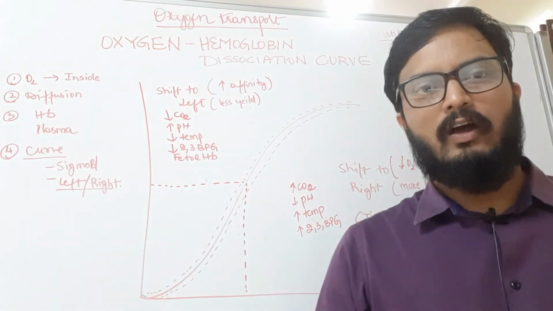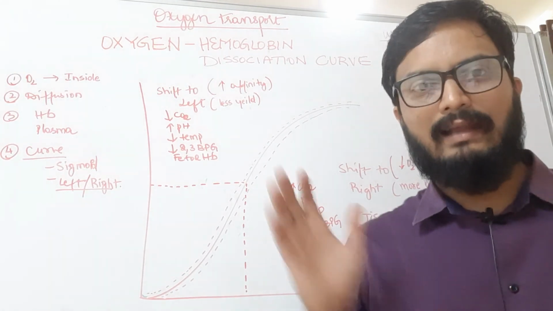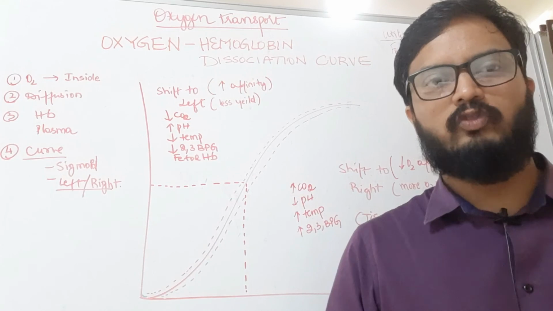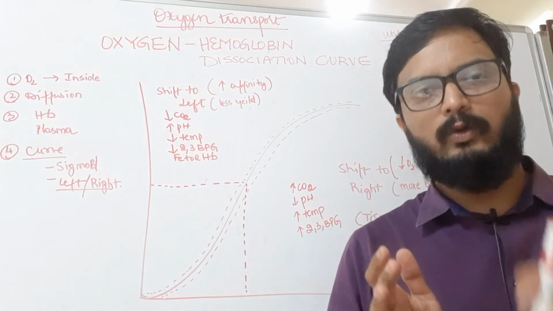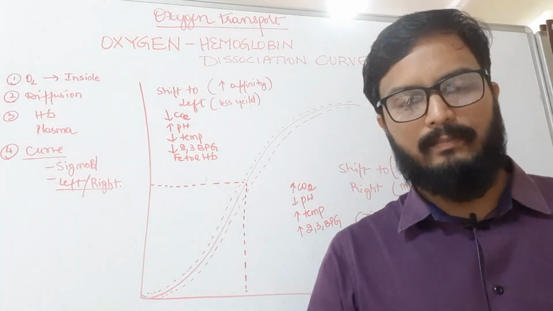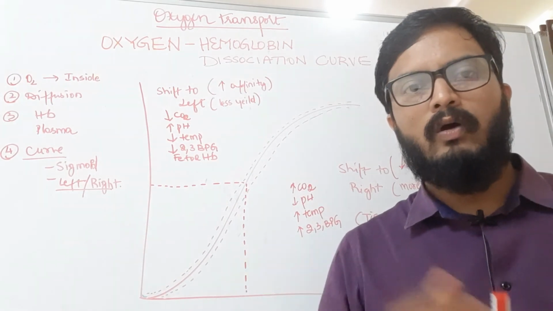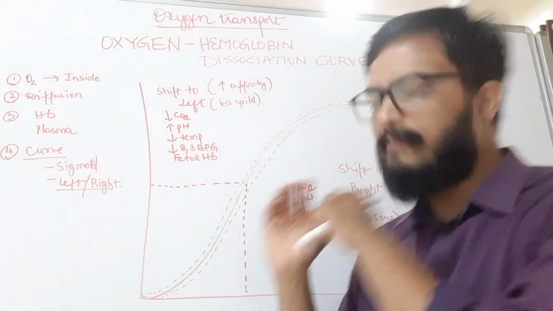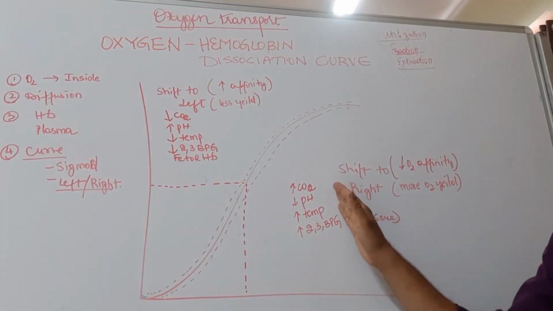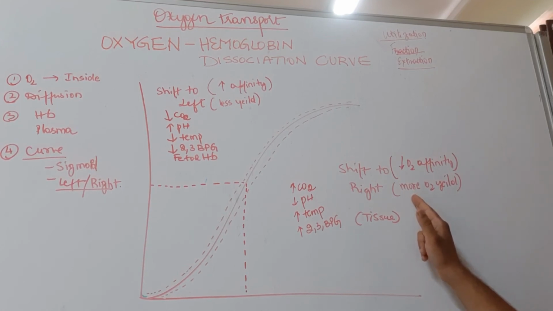This oxygen dissociation curve is not always stable. It either moves to the right or it moves to the left. This dynamic change of moving to the right and moving to the left keeps on occurring inside the body. We have seen a few of the conditions where the shift is seen towards the right or the left. To recap, the shift to right always indicates decreased oxygen affinity. That means more oxygen is yielded.